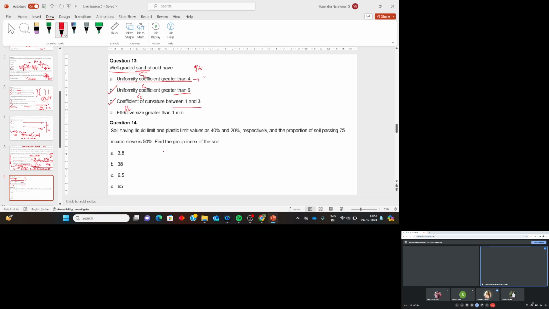Soil having liquid limit and plastic limit as 40 and 20% respectively, and the proportion of soil passing through 75 micron is 50%. Find the group index. So this relation, group index, is related to soil classification by AASHTO. Let me give the relationship. It is a little lengthy relationship. So group index,